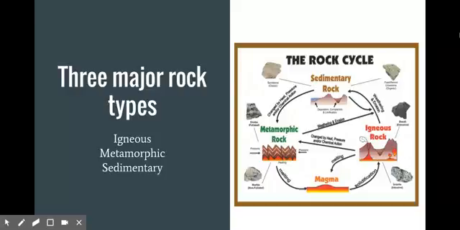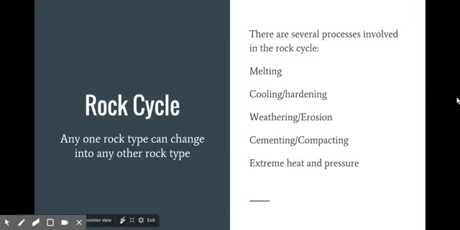And as you can see in the diagram of the rock cycle here, any one kind can change into any other, meaning igneous can change to metamorphic or igneous could change to sedimentary. So while it is a cycle, it doesn't have to go in a particular order. Any one rock type can change into any other rock type, and there are also several processes involved in the